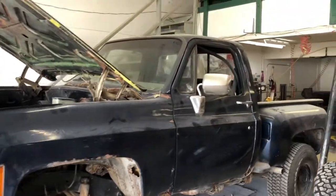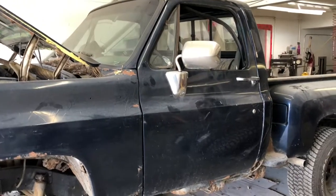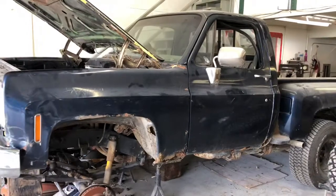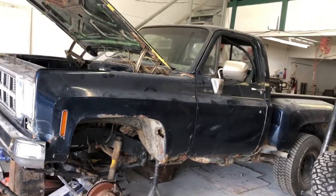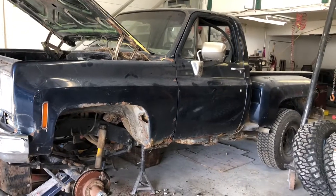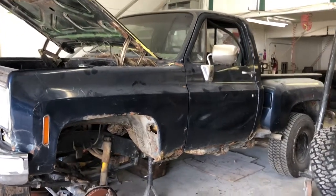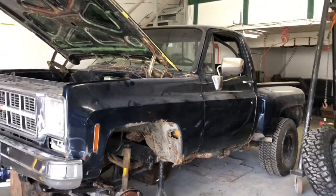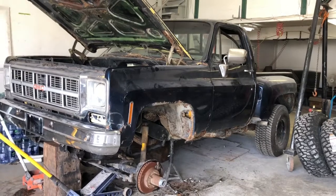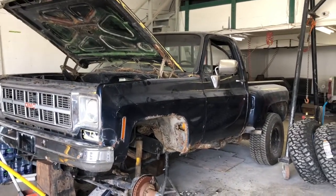And then I am going to take it out of the shop, and I have to wreck the other truck out, get the cab and everything off of it. So I would rather have that off than have this torn apart, not just sitting in the way. So I want to have all of the engine removed out of my Monster Blazer and the cab and fenders off the other truck, so that we can just do it all in the next week we have this thing in here. So for now, it's just getting suspension, wheels, and tires,